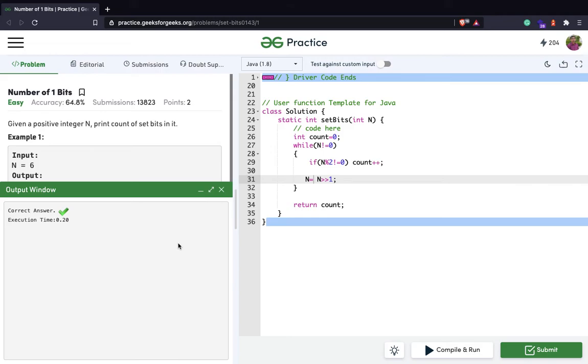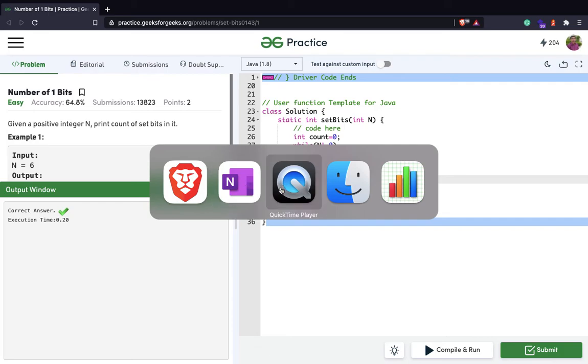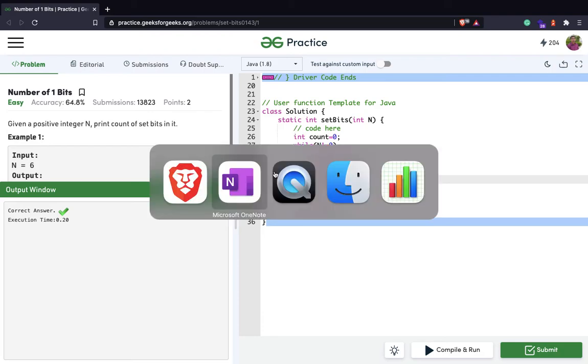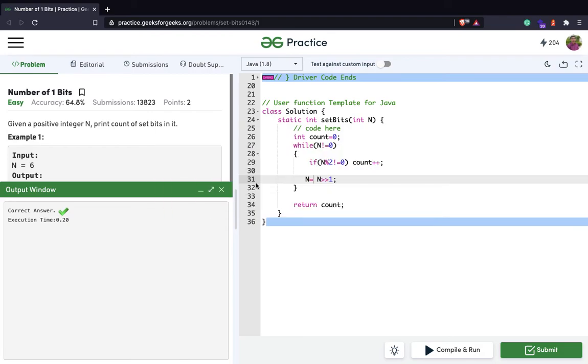Execution time is 0.20, but can you notice that the time complexity of this solution is theta of the number of bits, while we could easily do this in theta of the total count of set bits. There's an algorithm called Brian Kernighan's algorithm which implements this in theta of the number of set bits.